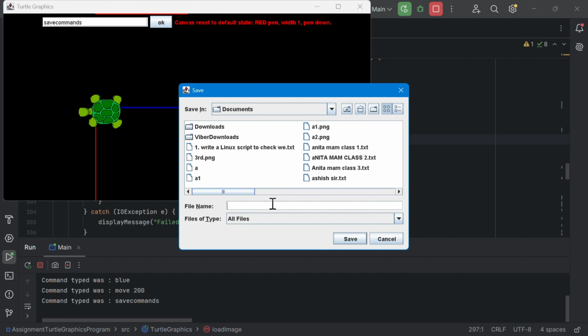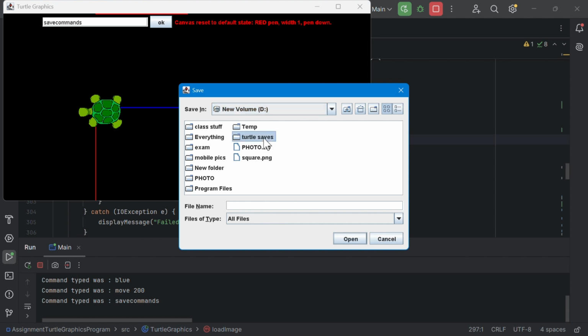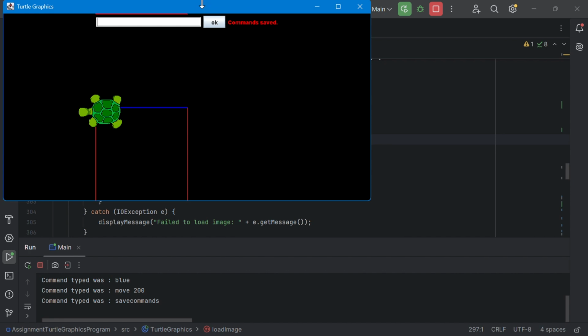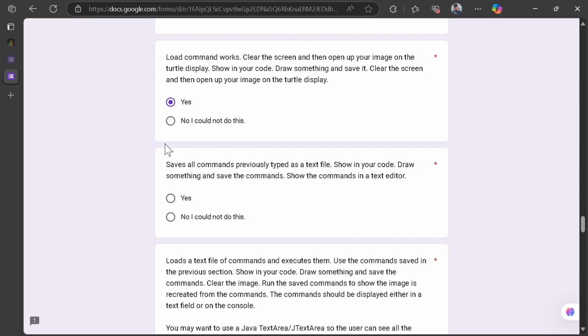Now I'm gonna save this command over here, turtle saves, and I'm gonna write the name. Wait a minute. I'm gonna write the name first command. Save. As you can see, command saved,